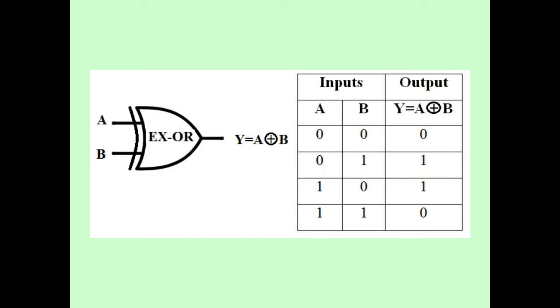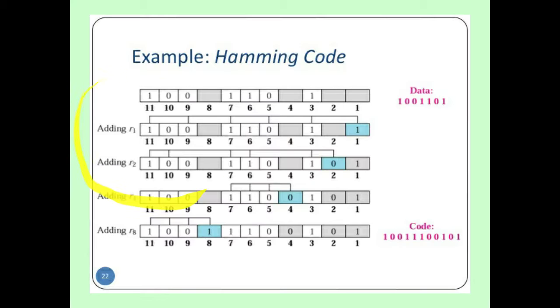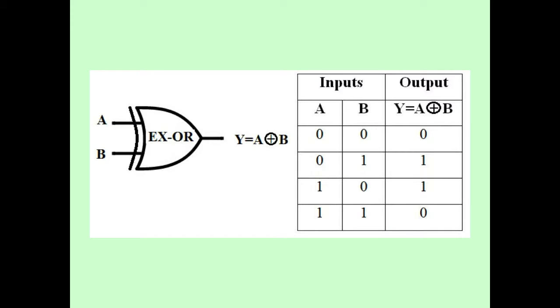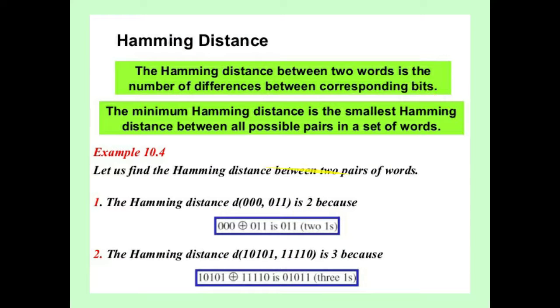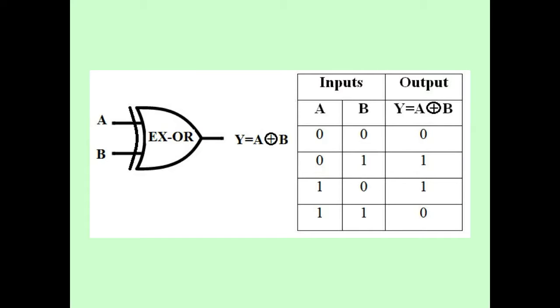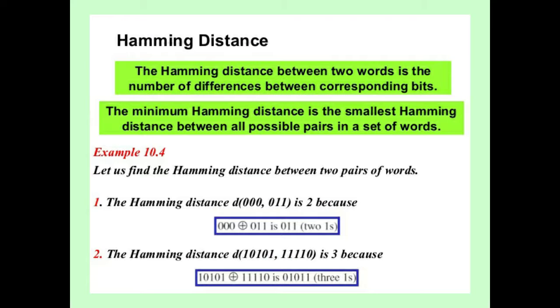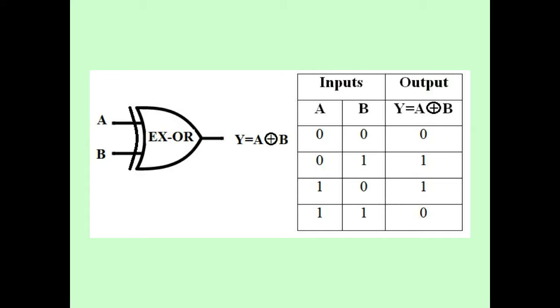to know the Hamming distance, you have to consider the truth table of XOR. If you remember, it's well and good. If you don't remember, this is the XOR logic gate, and this is the truth table. XOR excludes only one condition of the OR gate, that is, when both inputs are 1, the output will be 0. You can refer to this once again. If both inputs are the same, the output will be 0. If any one of the inputs is 1, the output will be 1.